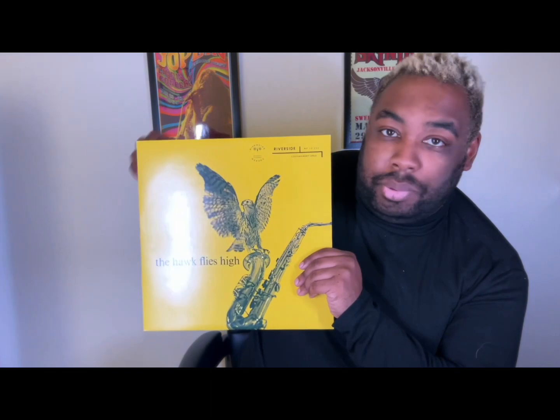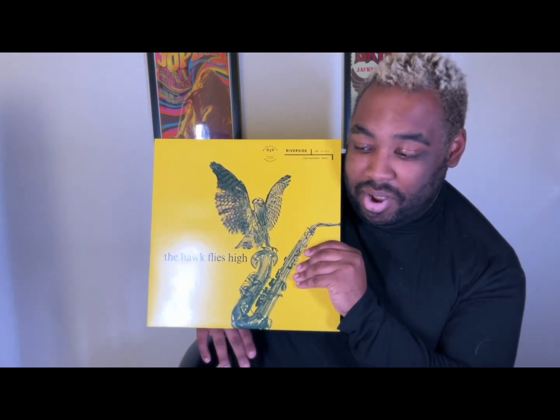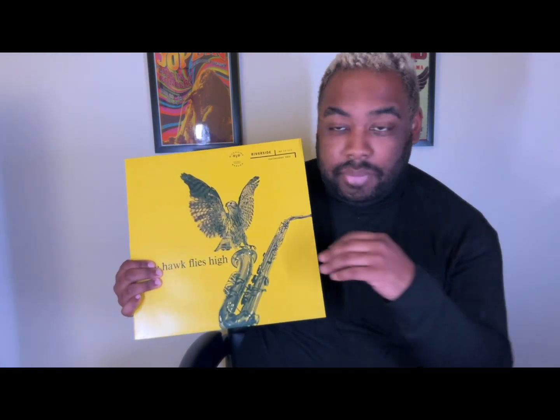And the interesting thing about Coleman Hawkins, he's a swing guy, swing jazz, not bebop. But he's playing with bebop guys on this album, and he's saying, hey, I can do that. It's just music. I can play bebop. And he's keeping up with guys that are young and hip and on the forefront of bebop. And he's playing just like one of them. It sounds just like any bebop tenor sax. It's incredible. And his ballad interpretation, which is like the slower songs,